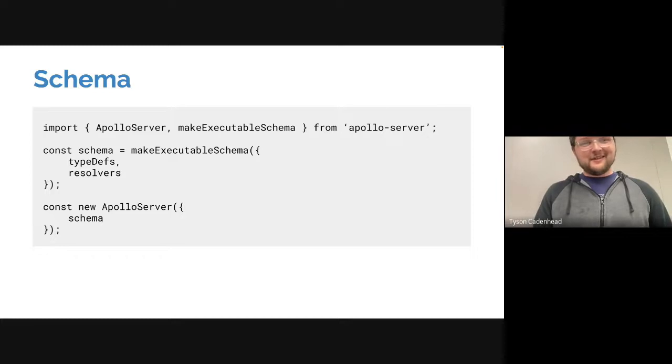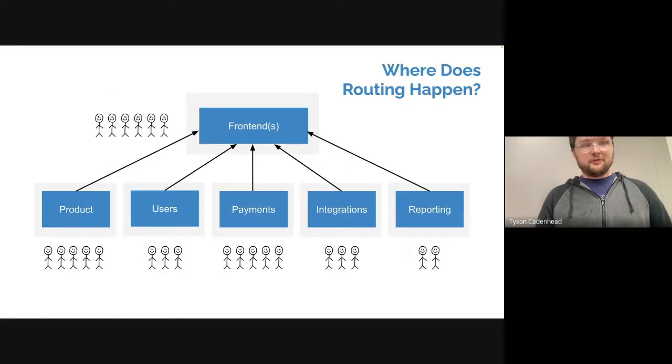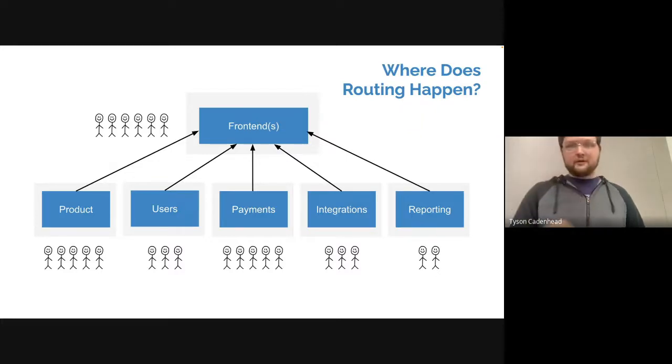And then this is the schema, which basically we put together the type definitions that we had in the resolvers, and then I'm using something called Apollo Server, which is a library that's pretty popular in the Node.js realm. And so once you do that, it's all exposed, and you can just do post to the query, and you're able to do stuff. So the question now is, once we have all this stuff, where does the routing actually happen?